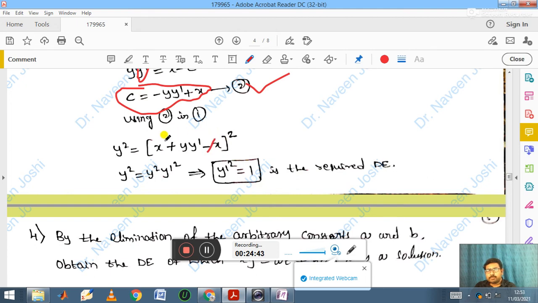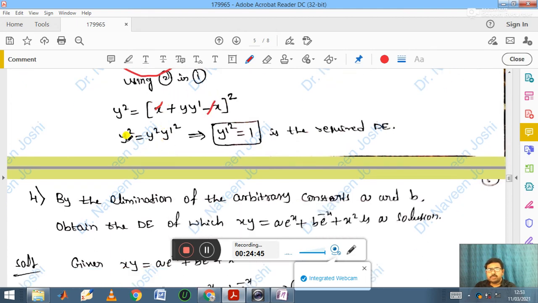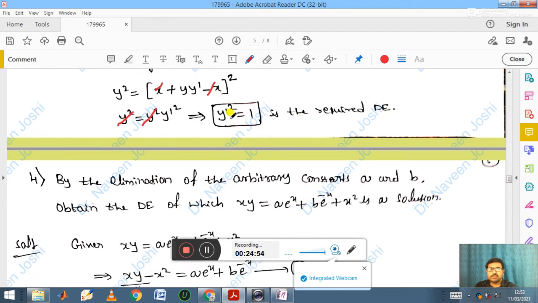Then minus x plus x gets cancelled, and you are getting y square equals y square into y dash square. Here y square cancels, then you are getting y dash whole square equals 1. This is